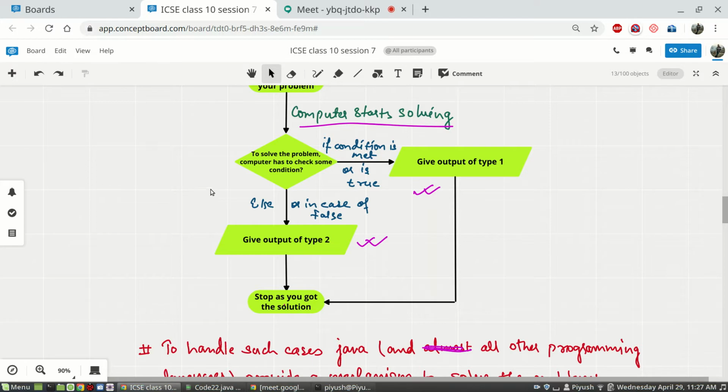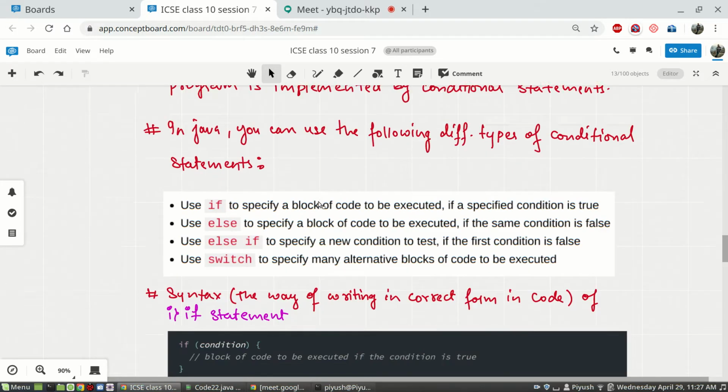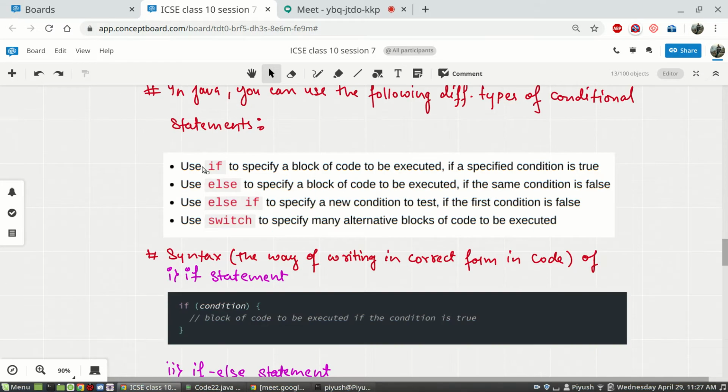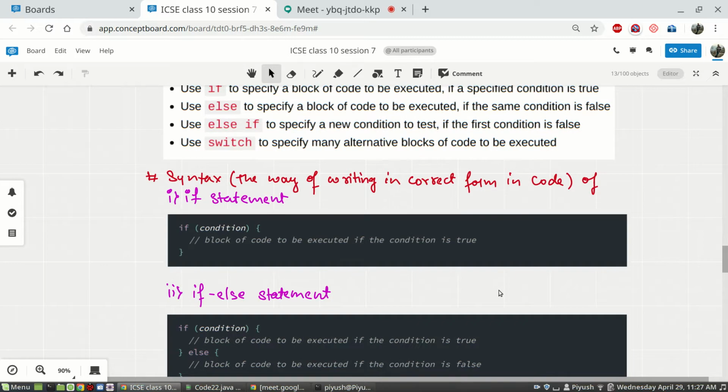We were not handling the second alternative part when the condition was resulting in false. Now, in our next program, using if and else. That means when do we use if and else? When there are only two alternatives. Either this will happen or that will happen. Either the condition will result in true or the condition will result in false. So when in your program there are only two possible outcomes, then you are going to use this type, this version of if,